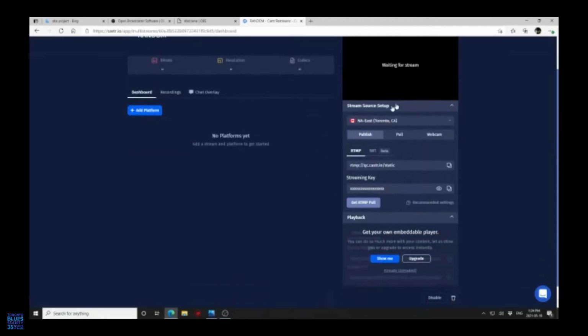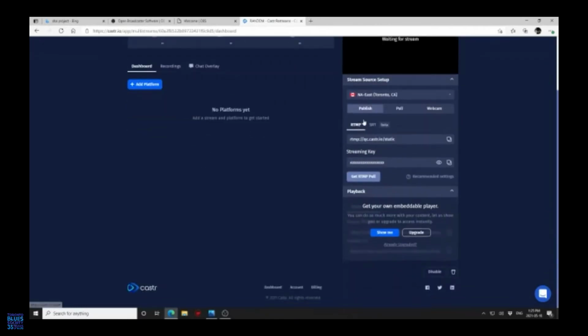Normally in one section, it's going to change depending on what platform you're in, but you'll be able to find it. It gives you the option to either use your webcam, which defeats the purpose of using OBS. It just connects the camera directly to the destination. And same thing with the audio. You select the microphone source and you select the video source, just like you would on Zoom, for example. Or you can get the RTMP, which is going to have a URL and stream key, which is auto-generated most of the time. So then you just copy that